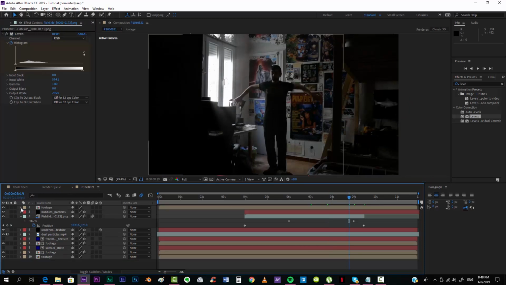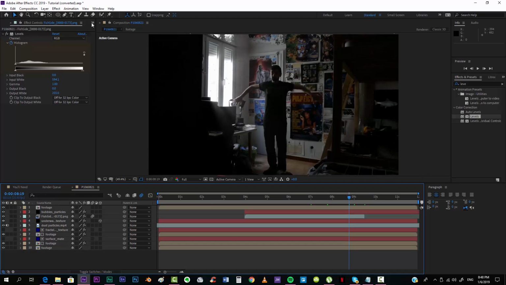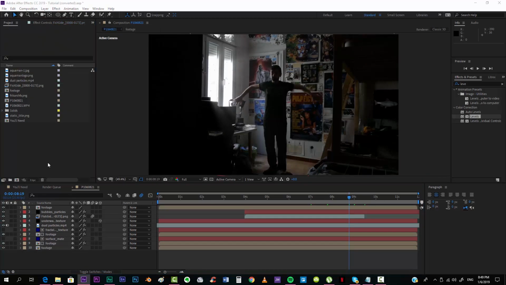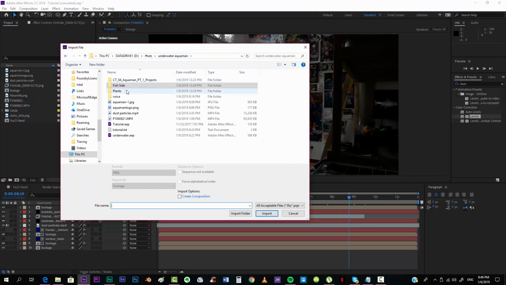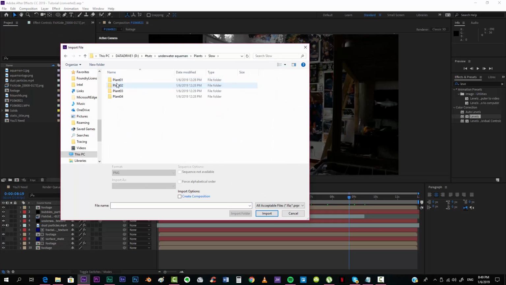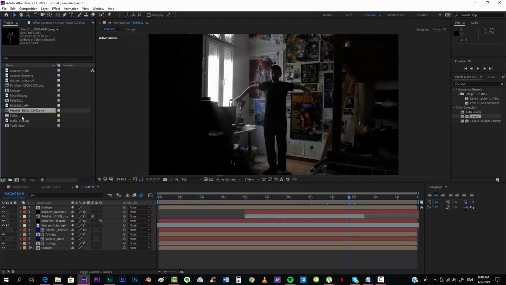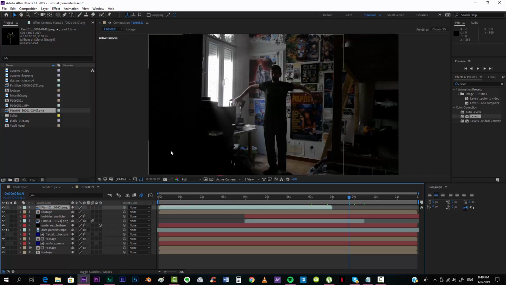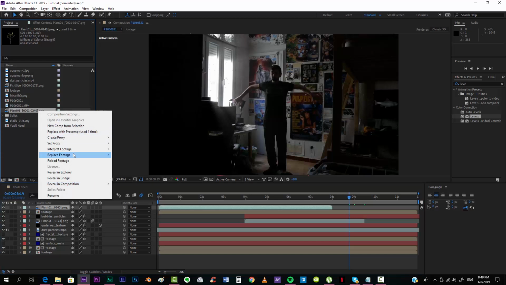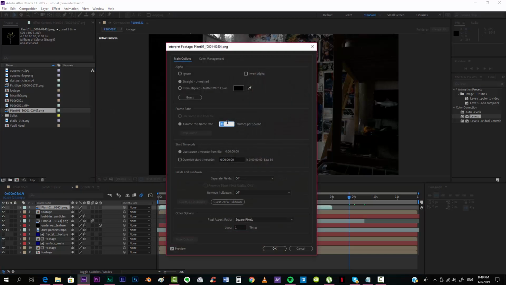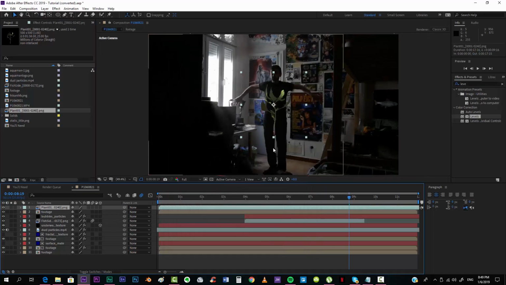And now, for the third time, we're going to add the plants. So again, we double click here to import them. We go to plants. I'm gonna take this slow because we are underwater and we have 4 different plants. So again, go to the first one, make sure that you check PNG sequence, go to import, and now this is 100% definitely up to you, to how you want. Well, actually, I'm going to third-party footage, main, 25, and loop 10 times,